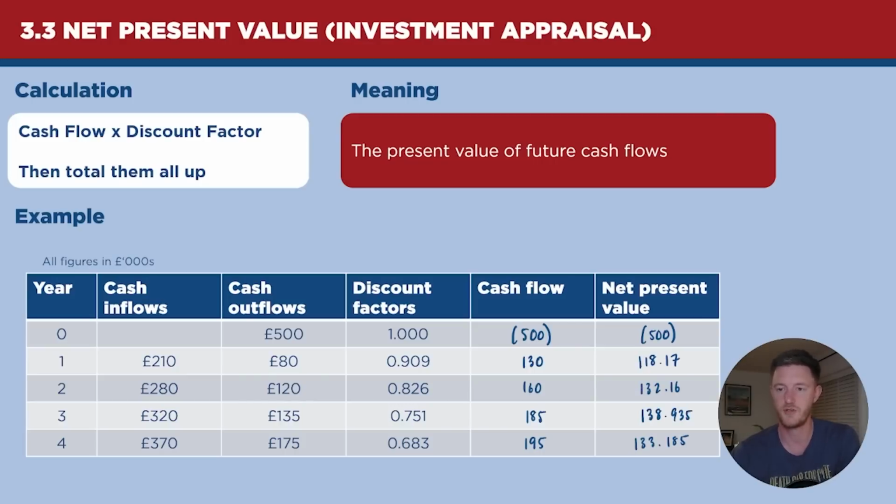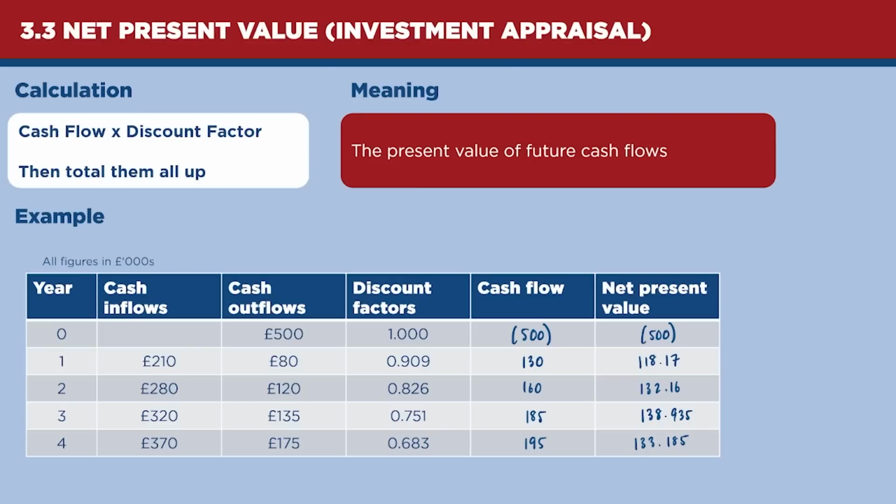138.935, and 133.185. Now, to get our final answer, all we need to do is total these all up, including the negative 500, and that gets us 22.45, and in full numbers, because this is in thousands, that would be £22,450. Now, if that is positive, it's probably worth doing, but it is worth bearing in mind that